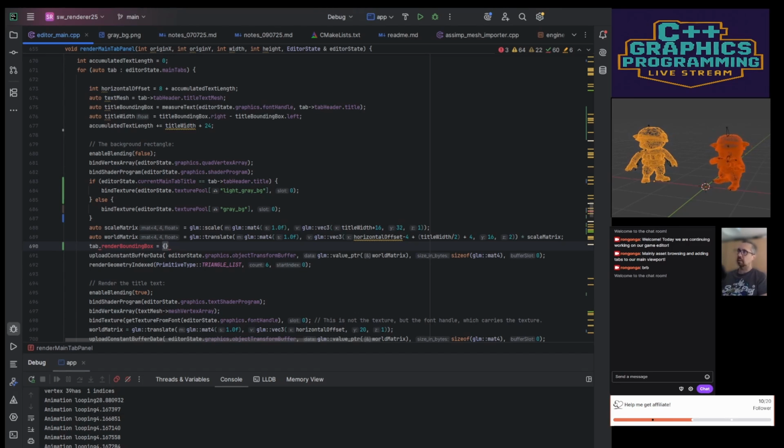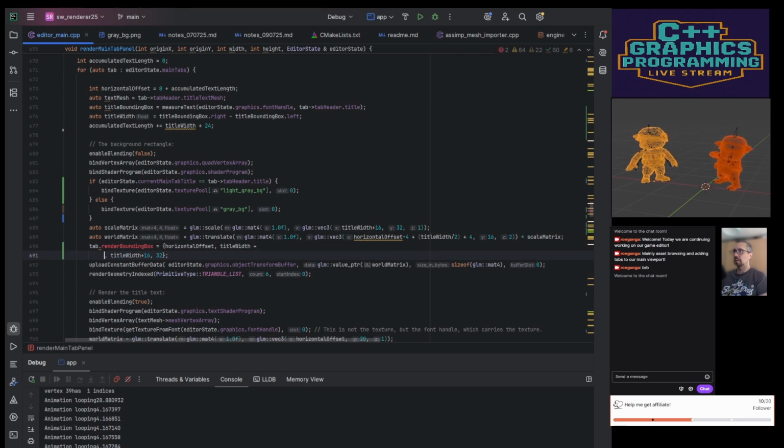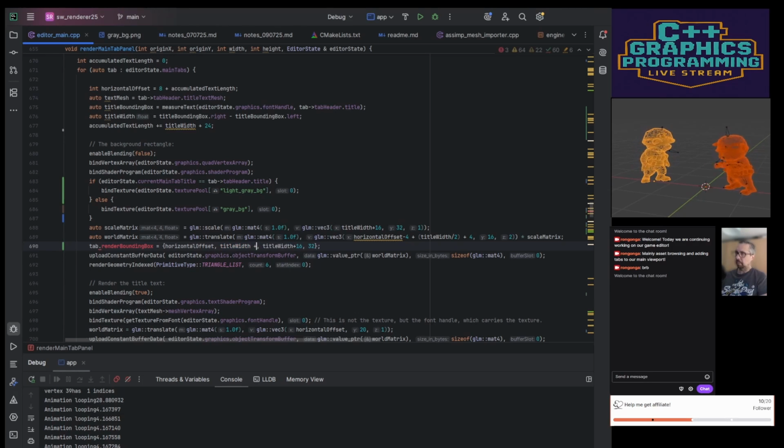So we need left, right, bottom, and top. Left is exactly that, horizontal offset. Right is then the title width plus, sorry, oh no, what's going on? Cannot type anymore. Plus 16,